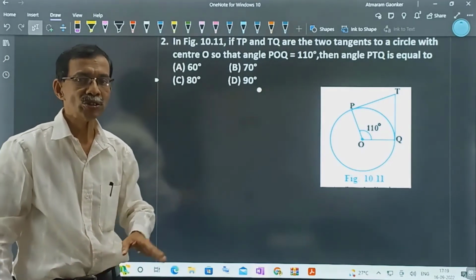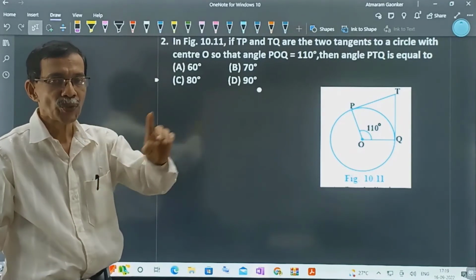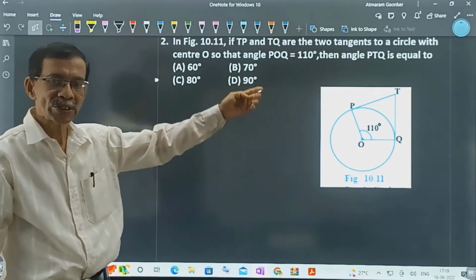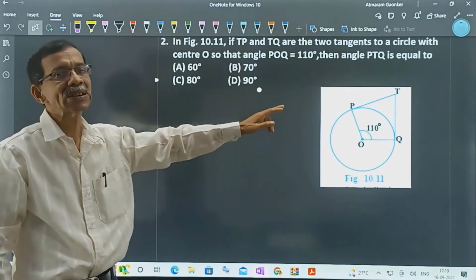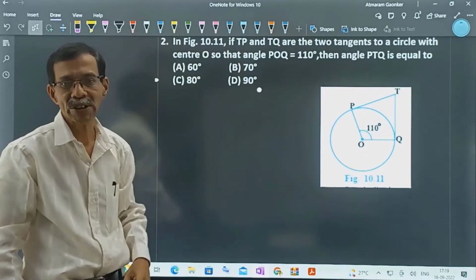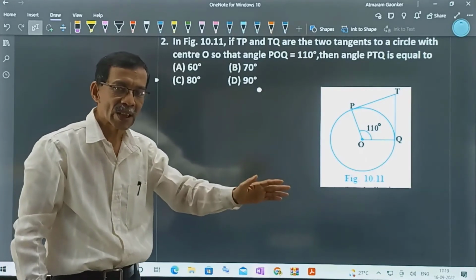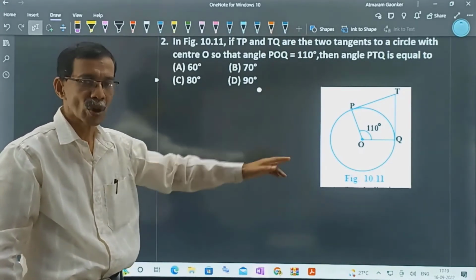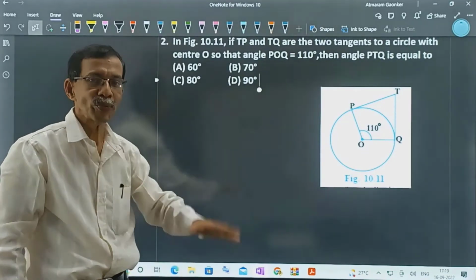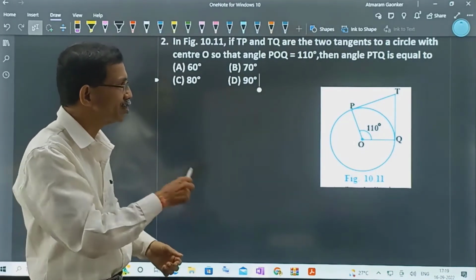In problem number 2 also we will follow these 4 steps. First, we will draw the diagram, which is already given. Then we will go to the second step, to mark the given quantity and mark whatever quantity is asked. In the third step, we will write down whatever concepts are required to solve this problem. And in the fourth step, we will solve the actual problem.